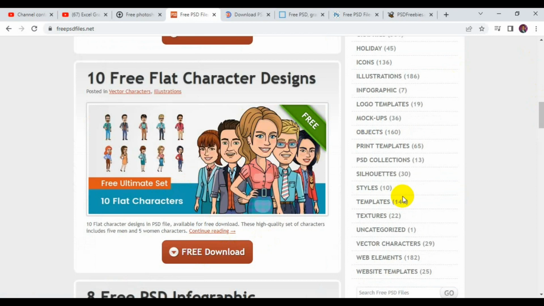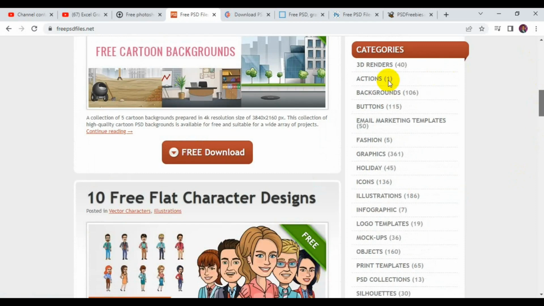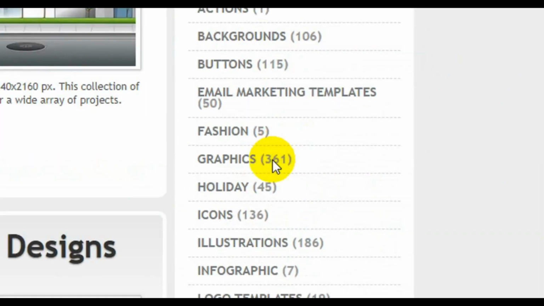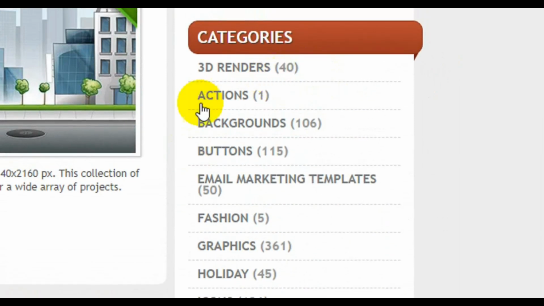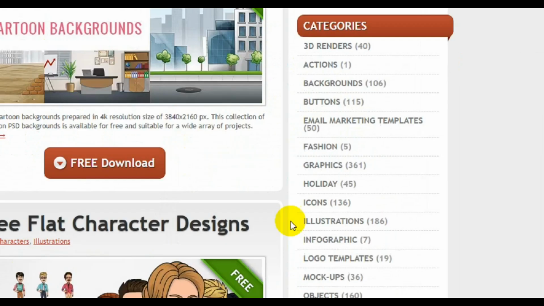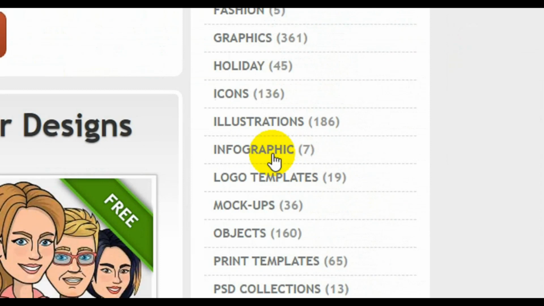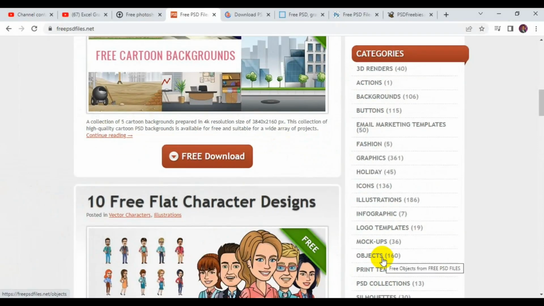So if you want to browse all the templates in a category, you can see it beside the right here. These are the categories of files that you can download from this particular website, from 3D renders, actions, backgrounds, button, email marketing templates, fashions, graphics, holiday icons, illustrations, infographics, logo template, mockup template, etc. There are thousands of things you can download for free on this particular website called